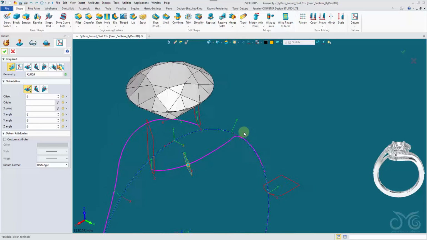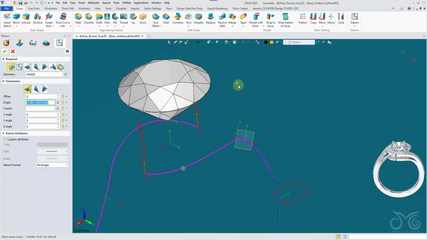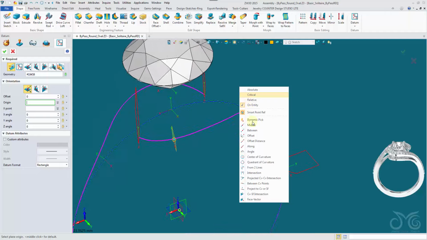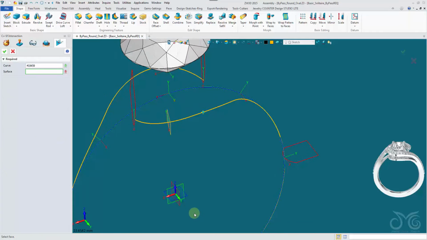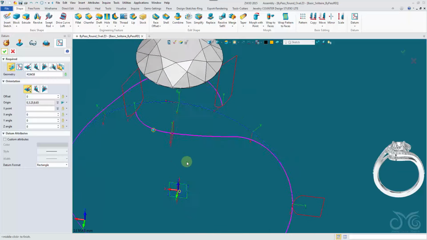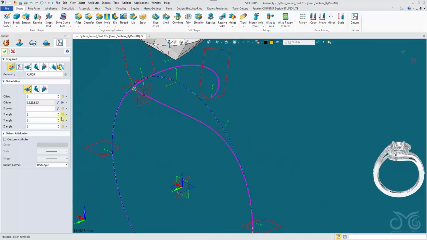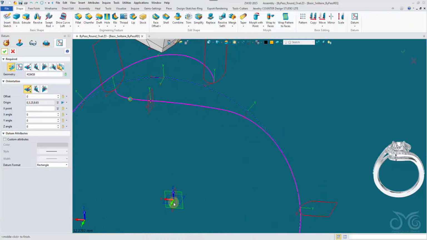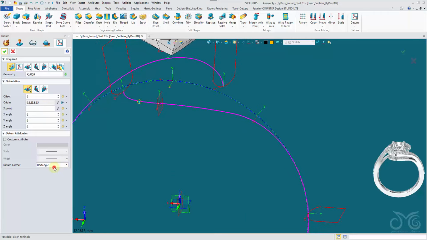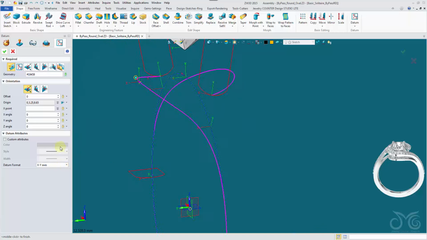On the curve, the origin, right click. I want to do a curve surface intersection. Same curve, the surface being the side. So we're getting it dead on in the center there, or in line with the 0 on the global x-axis. Take out the rectangle, and I'll give it the